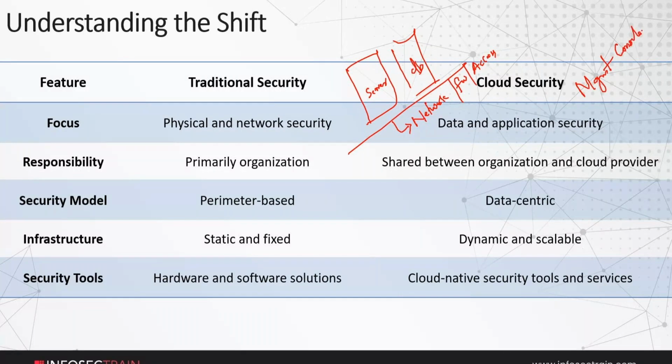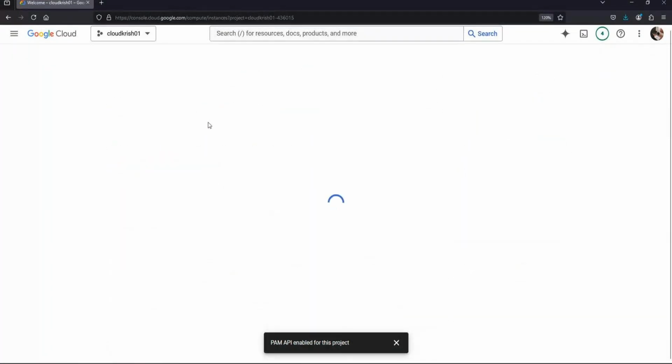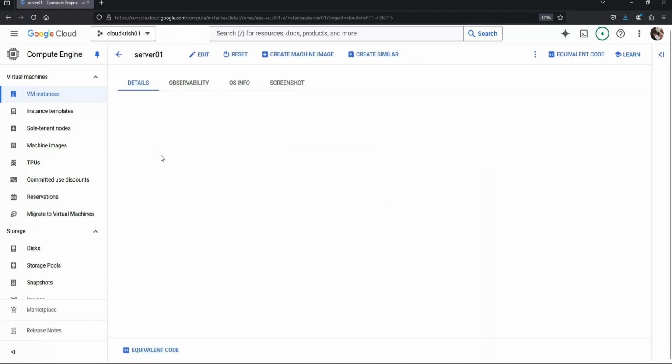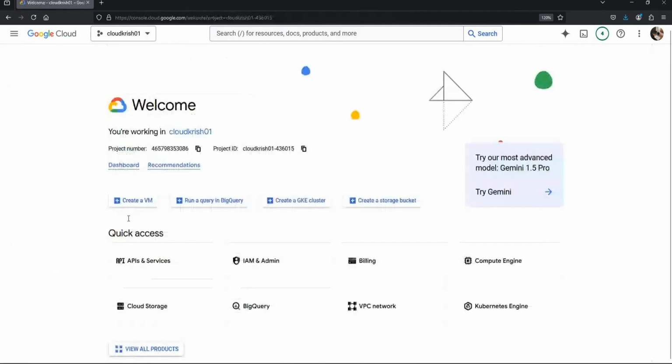Now for example, let's say this is my Google Cloud account here, which you see here. If I basically go to my Google Cloud account, I have a server, and you already know that when I have a server here on my Google Cloud platform, for this particular server, I can definitely set OS level access control, I can set firewall, I can set access control and all these things. But if there is a person who can get access to this cloud provider's management console, he can bypass all those things, right? Correct me if I'm wrong, team.